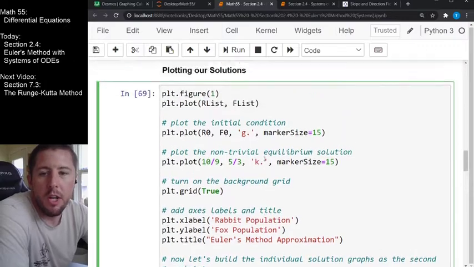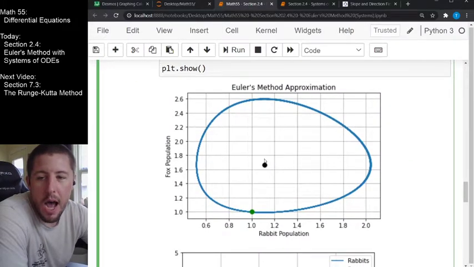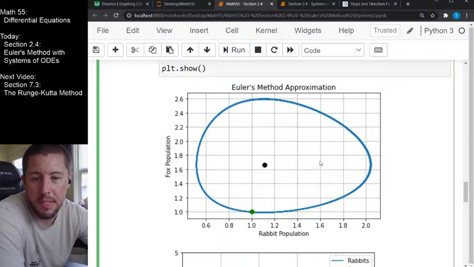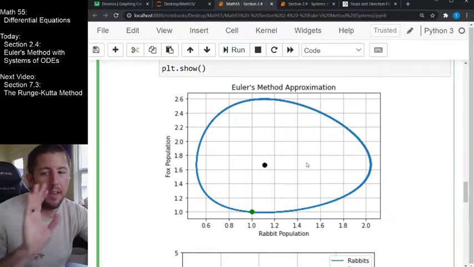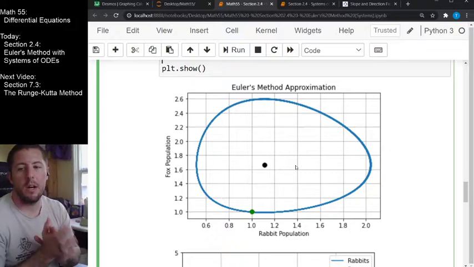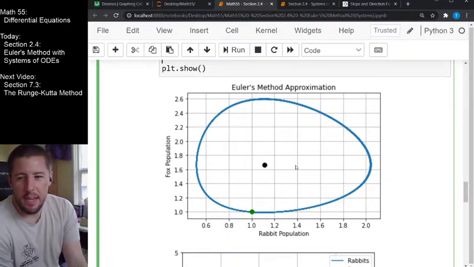So I want to look at one other example here today because I'm bothered by this. Is it a closed orbit or not? And should we trust Euler's method to show us truly a closed orbit? Because I'm still suspicious about this type of bound right here. Okay, I lied. I want to show you one more thing with this guy right here, which is in your homework from last week, there's a question about the